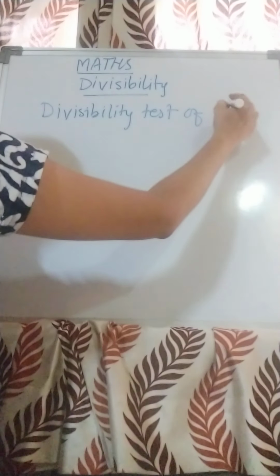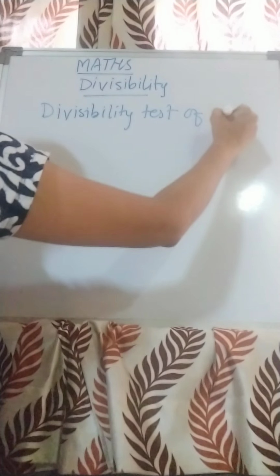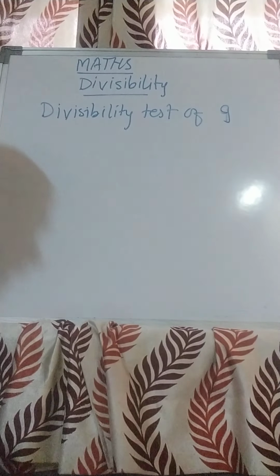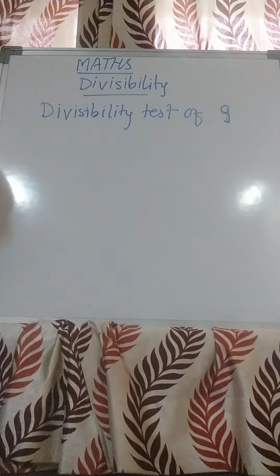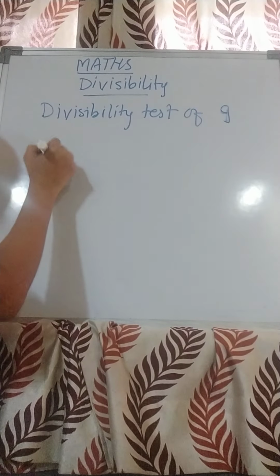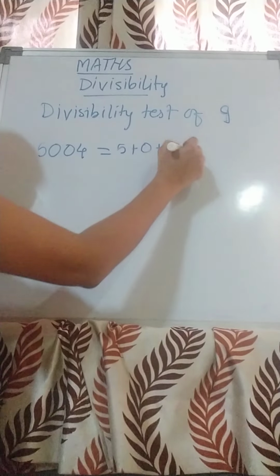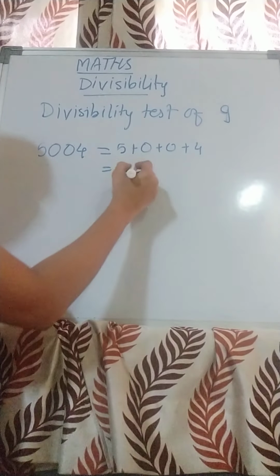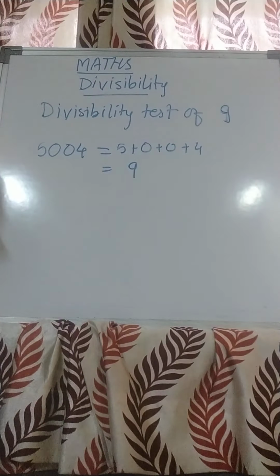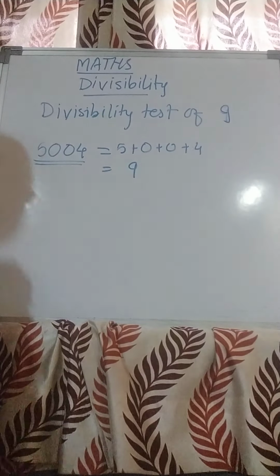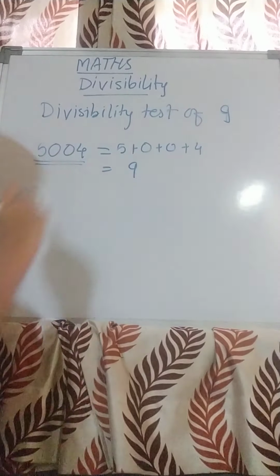Right? Now move to the next and the last divisibility test, that is the 9th divisibility test. If you understand the 3's divisibility test properly, you can understand the 9th divisibility test also. Because in the 9th divisibility test you have to add all the digits of the number. Say 5400 is the number. So 5 plus 4 plus 0 plus 0. Now 5 plus 4 is 9. 9 can divide by 9. So this 5400 can also divide by 9.